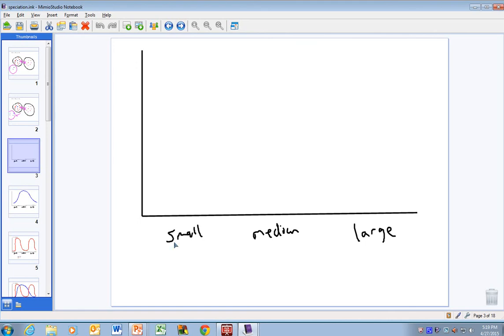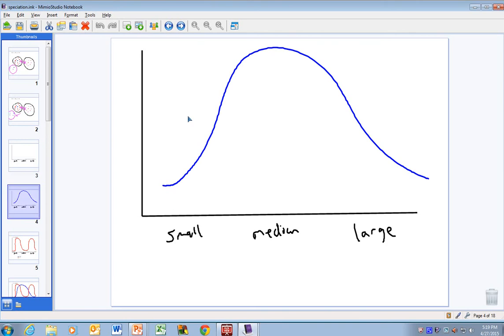So you have a small, medium, large population. Here's your standard bell curve, because starting with stabilizing selection, nature favors the middle. It favors the heterozygous because that preserves both alleles. Imagine this being like little a, big A, little a, and this big A, big A. That sounds like an incomplete dominance pattern, but I don't have time to elaborate on it.